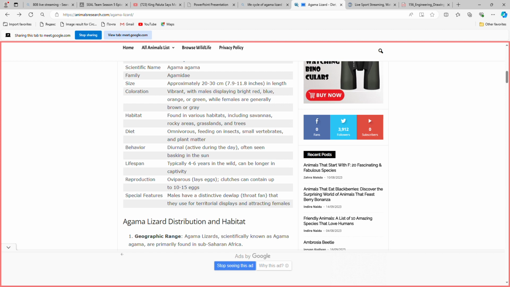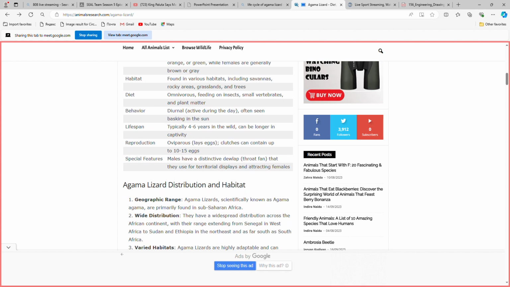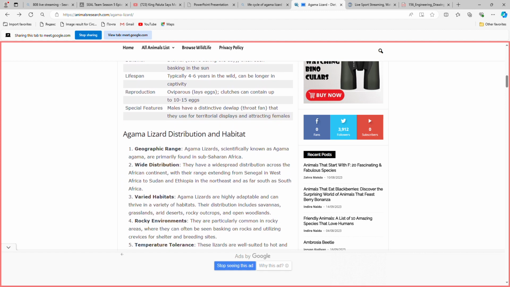the lizards according to their characteristics, or according to the features that they display. So number one, we have the geographic range. Agama lizards, scientifically known as agama, are primarily found in sub-Saharan Africa. So the sub-Saharan African countries, they are mostly found there. Then they have widespread distribution across the African continent, with their range extending from Senegal in the west part of Africa to Sudan and Ethiopia in the northeast and far to the South